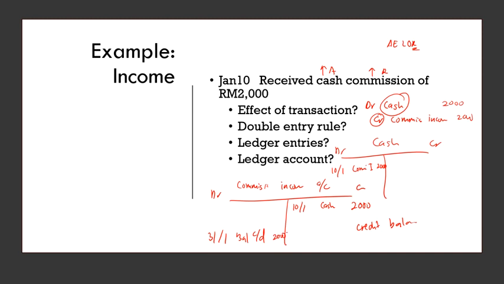Kalau cash ialah debit balance. Pak, belah debit dia banyak, so debit balance. So 31st of January, balance carried down 2000. Wajib kena tutup account setiap akhir bulan, you kena tutup account. Okay,